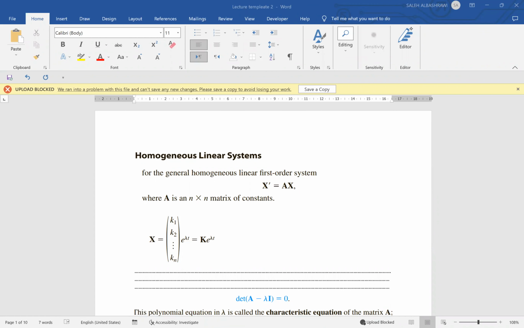In this lecture, we are going to speak about the homogeneous linear systems of differential equations and how to find the general solution for such systems. First of all, let us define the homogeneous linear system of differential equations. It is a system,